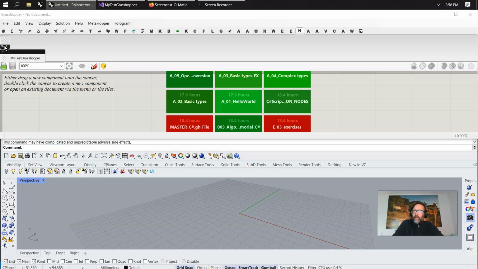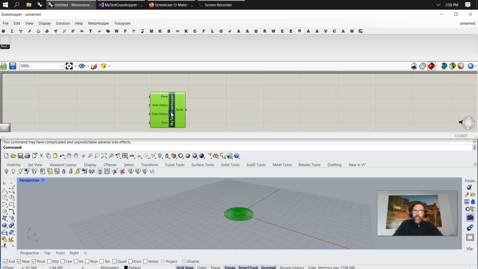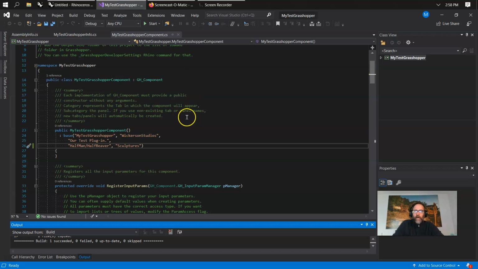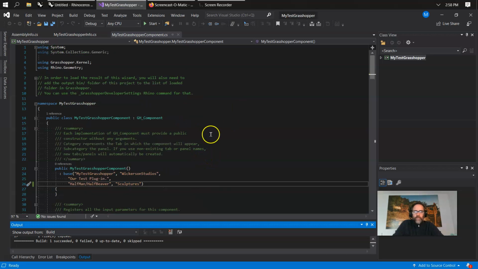This is a test plugin from Design Analyze, which allows me to just go in and make a spiral, which is kind of cool because I always like spirals. And what's happened is I've learned, and once again, I'm going to leave that one off for a second. I've learned how to work within, obviously, C sharp,